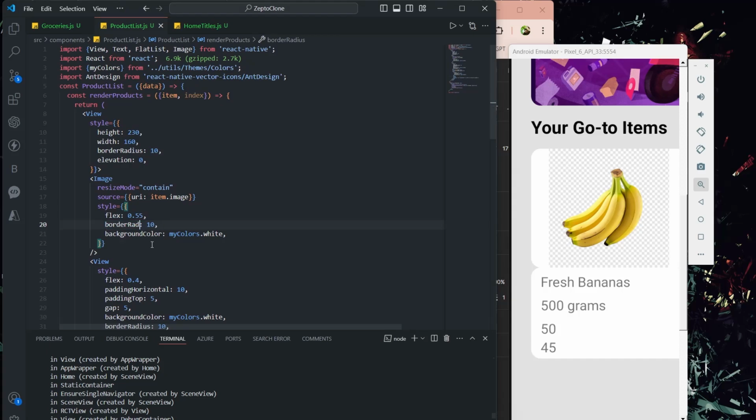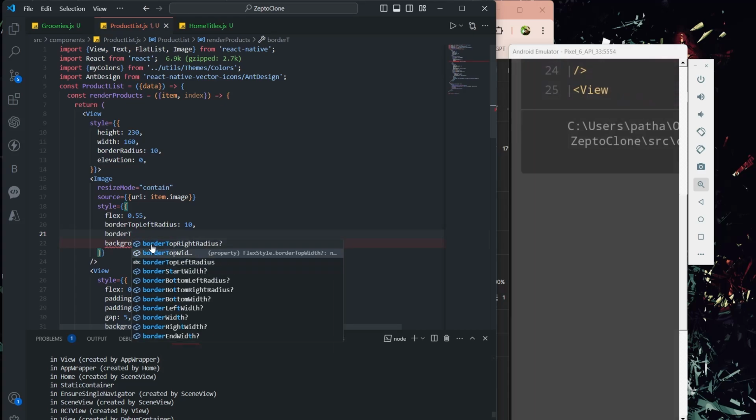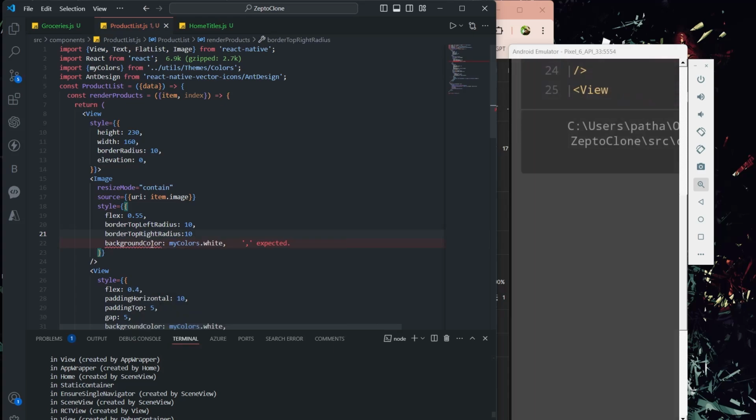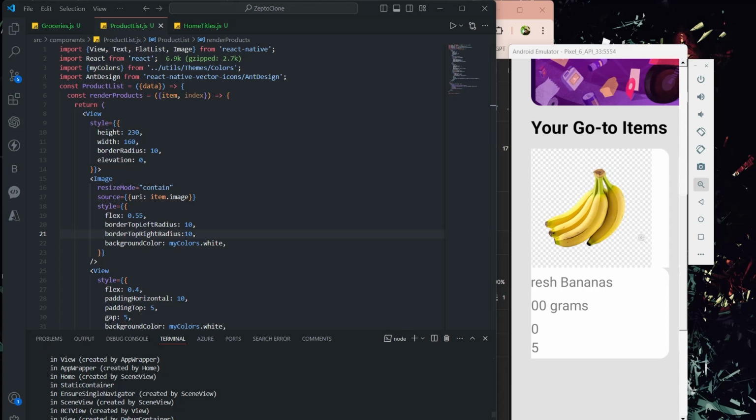I'll say border top left radius 10, border top right radius 10, so that we can differentiate. See, right now there is no border to this. The same for this container also, if you see,